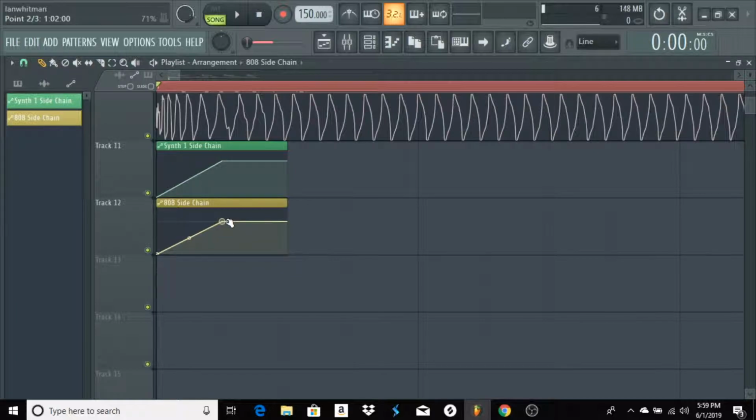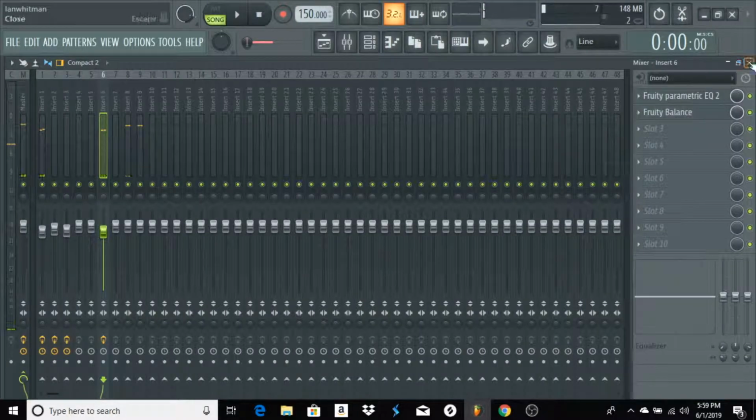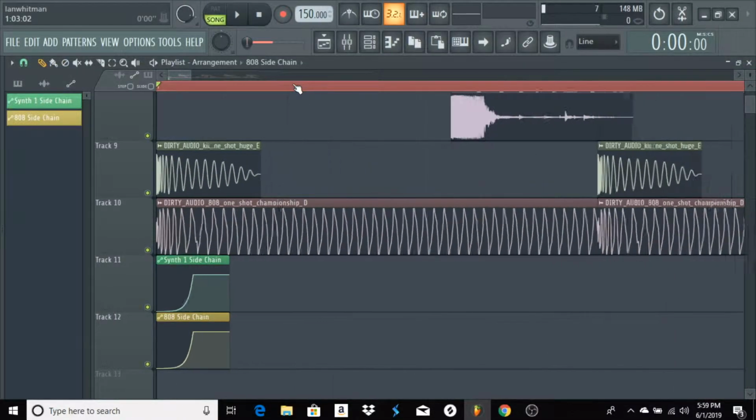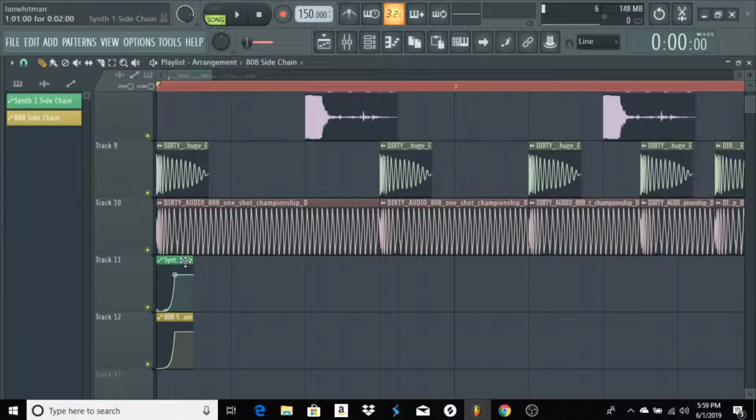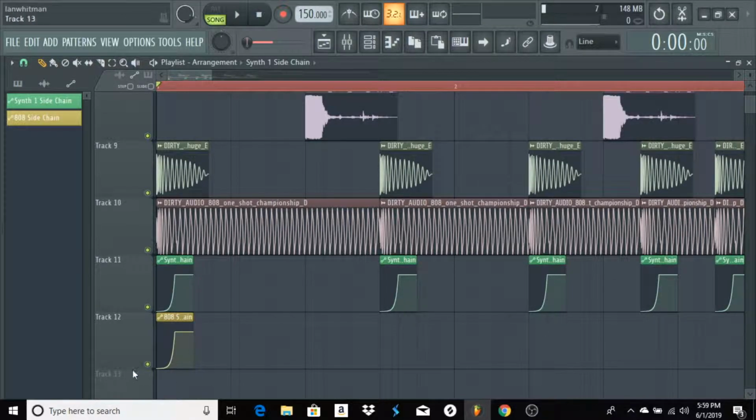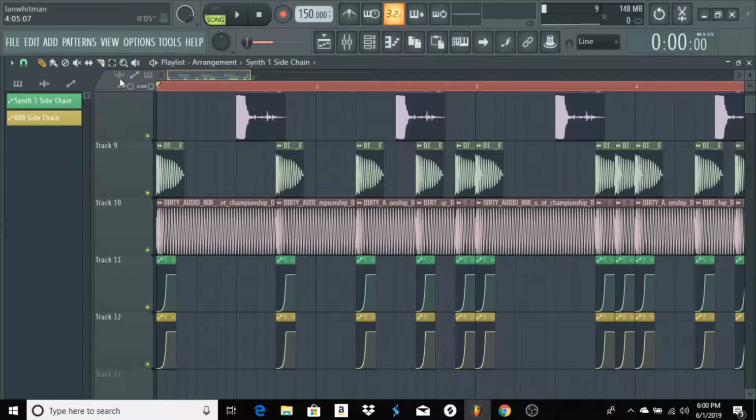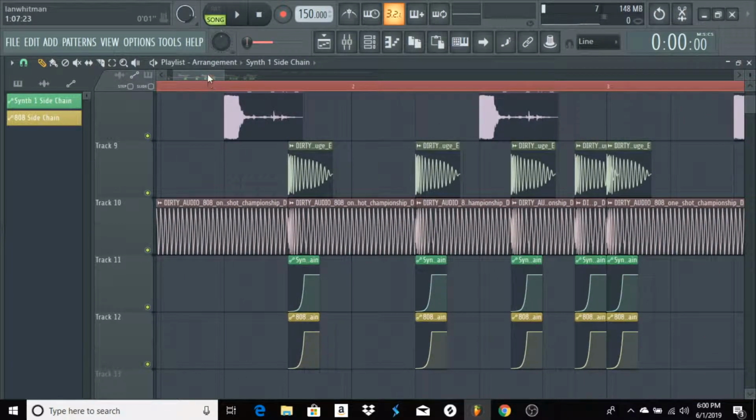We're going to put it back to 80%. We're going to put this one back to 80%. We're going to do the same thing. All right, so basically what I'm doing with the Fruity Balance is ducking the volume from the 808